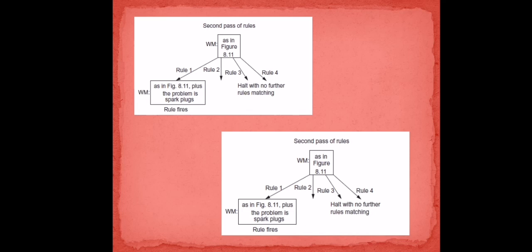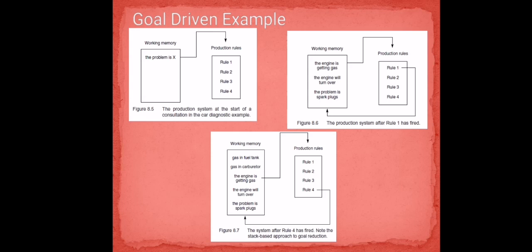From the first pass, we will consider rule 1. When we are considering rule 1, there will be nothing. Then rule 2 and rule 3 need not be considered. Then for rule 4, we can say that the conditions are true. So we will get some output from rule 4 and it will be applied for rule 1, and we will finalize rule 1. Okay, that's what is actually happening.